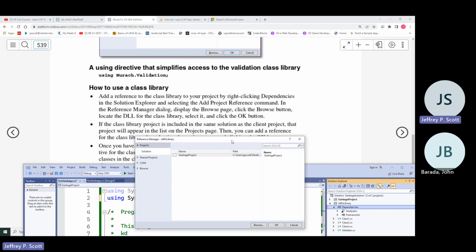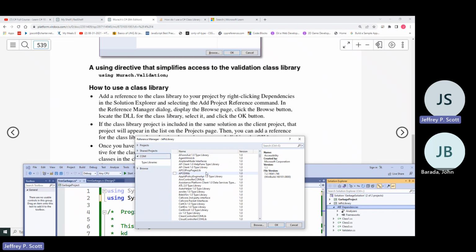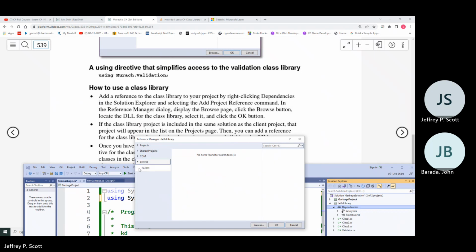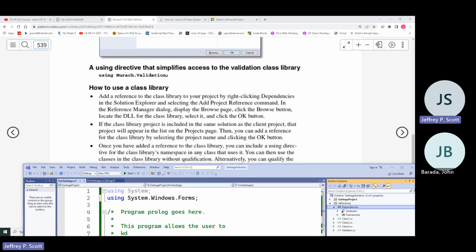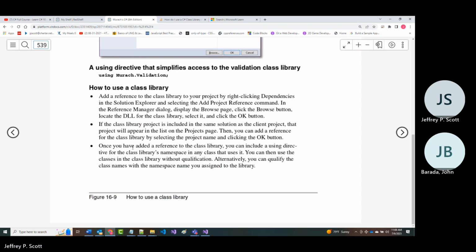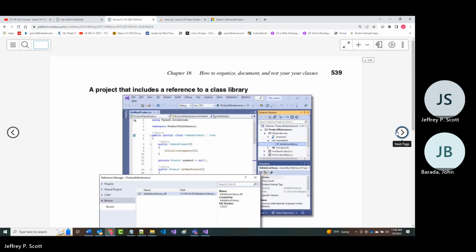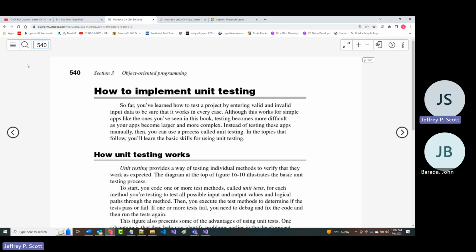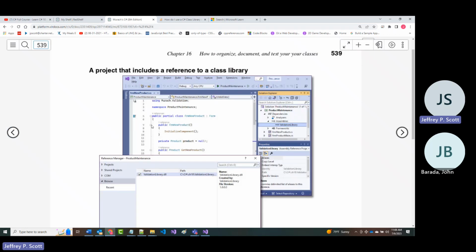Okay. See, I don't want to add a dependency to itself. I've done this before. I don't know why I'm having a problem, but I am. Should have done this before class. All right, that is the last thing in here, but I want to do it so I can show it to you.